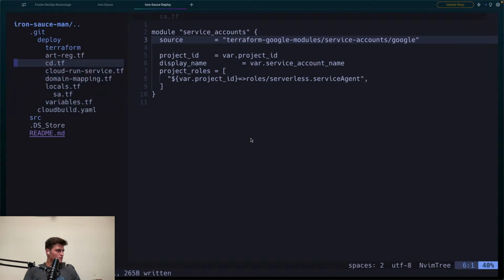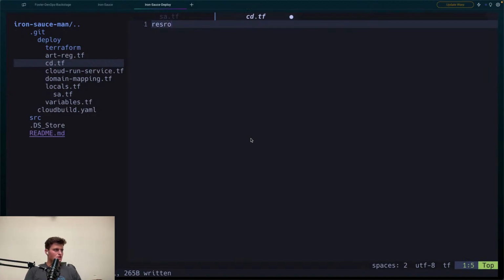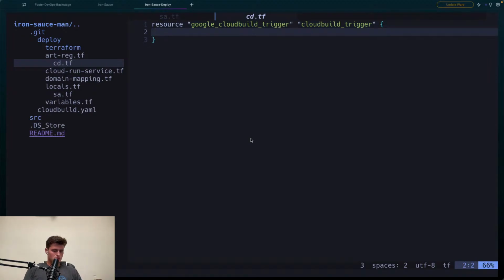So we can go to the CD, which is continuous delivery, continuous integration, continuous delivery resource. Cloud build trigger. And actually what we can do is close this. And we can do